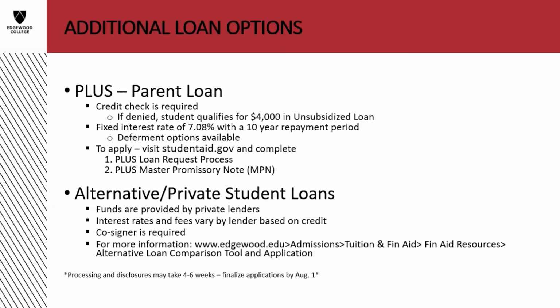If the PLUS loan is not an option, there are private alternative loan programs that are available. These loans typically require a cosigner, as most students do not have enough established credit for a lender to make a determination of creditworthiness. Many of the lenders offer cosigner release programs once repayment begins. Interest begins accruing on an alternative loan while the student is in school, but payments are not required until 6 months after graduation. More information on alternative loans can be found on our website. Note that if you decide to cover your remaining tuition balance with a loan, you do not need to set